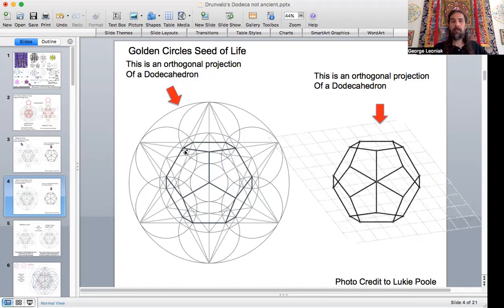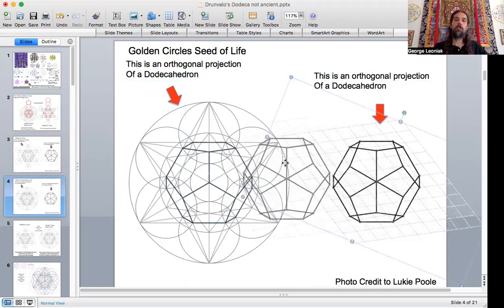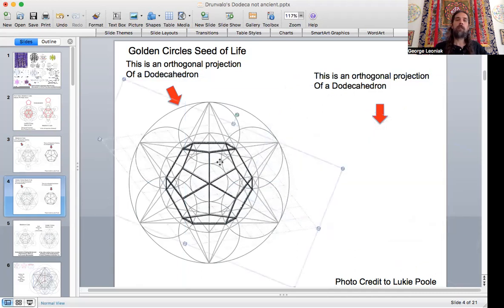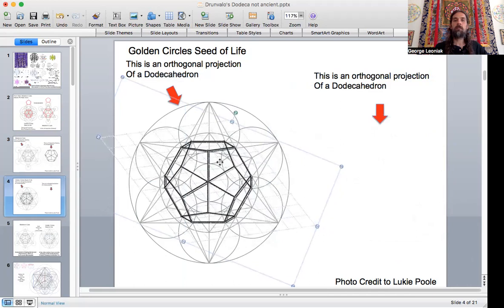And now this is when I draw the same lines connecting the equilateral triangles on the outside of it, also extending the outer line here to the inner circle, right? From the top of my large circle to the inner circle. No difference in the lines, but magically what happens here in that little crisscross section, this magic spot, when I divide the edge, compare the edges, let's say, in the ratio of phi proportion, then all of a sudden this orthogonal projection of a dodecahedron, if I take Lukey's drawing here and bring it over, well, now it's a fit, right? It actually is a blueprint.